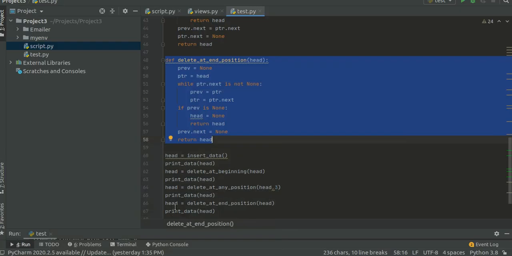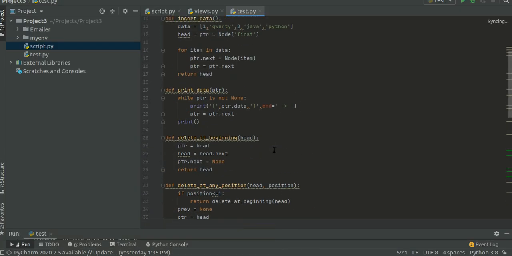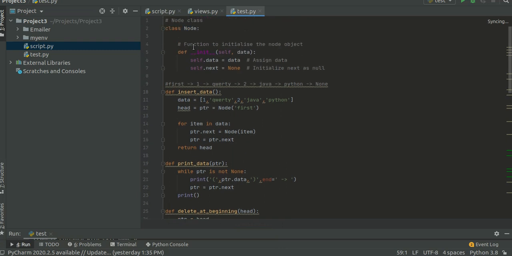This is the node class. This is how we are inserting the values: first is inserted first, then one, then QWERTY, then two, then Java, then Python, then None. This is how the linked list will look.